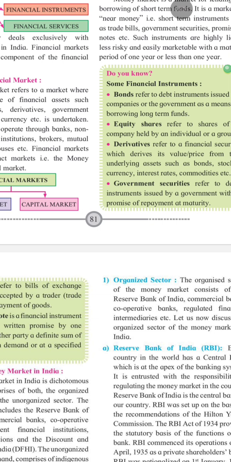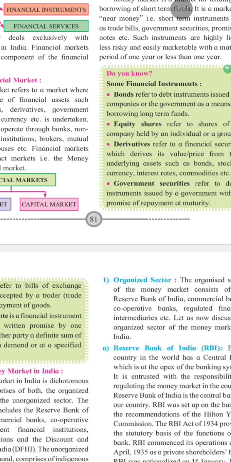These instruments have three important characteristics. First, they are highly liquid, meaning that they can be converted into cash very easily, anytime. Second, they involve less risk. Third, they are easily marketable, which means they can be bought and sold without much difficulty. Because all these instruments mature within 1 year, they are included in the money market.